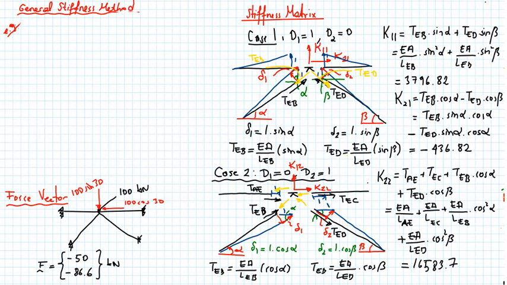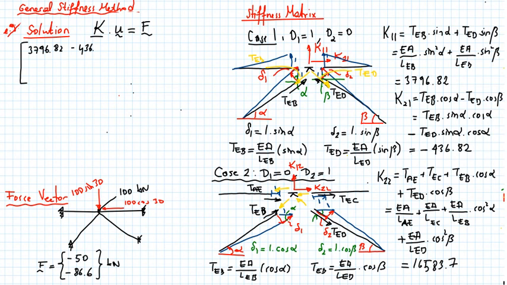Okay. Now, solution. So the equation that we are going to solve is again K times U is equal to F. So our stiffness matrix is like that: 3,796.82, minus 436.82, and this one is 16,583.7,